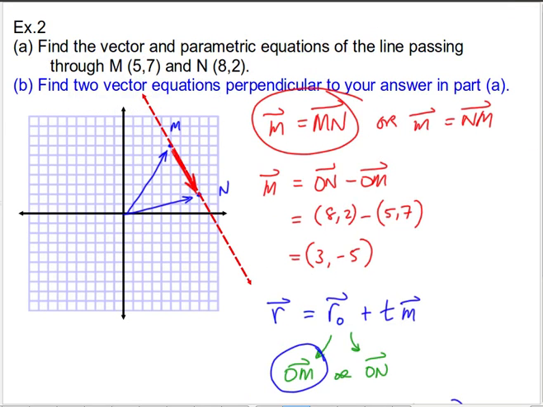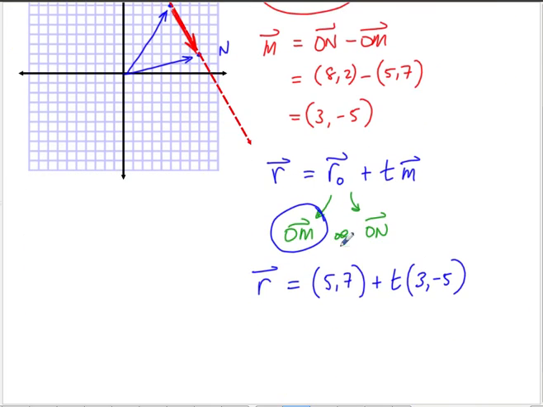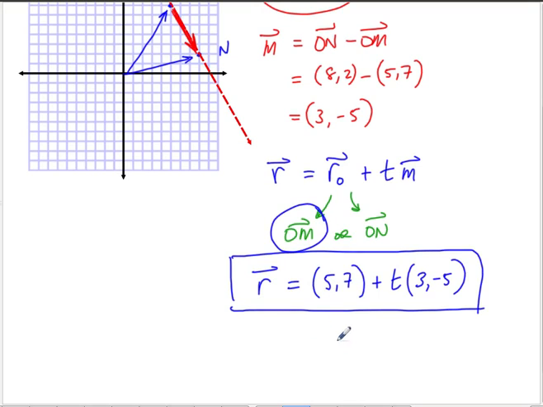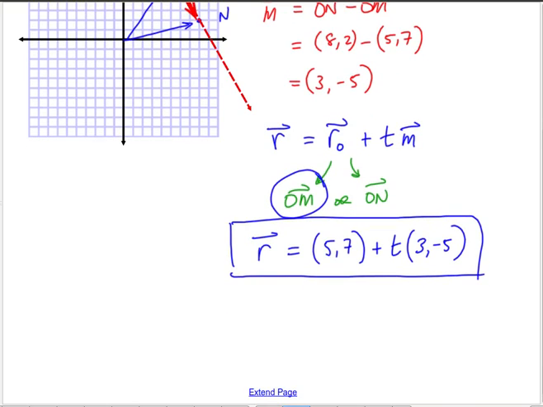Find the vector and parametric equations. So I have the vector equation. That's what I have found so far. For the parametric equation, all I need to do is, it might be worth it to write this in another